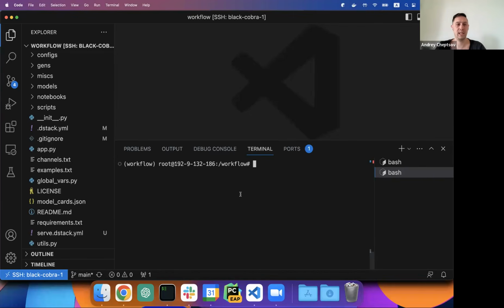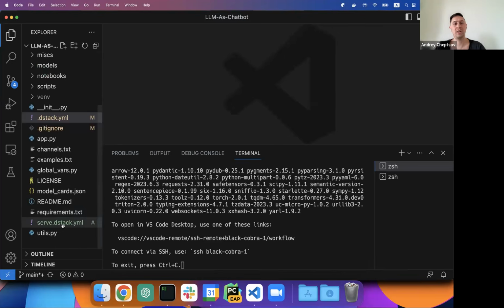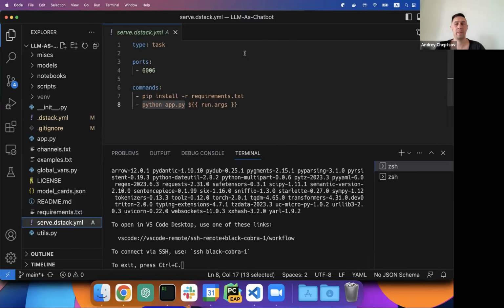So that's one thing. Let's close it so far. But it works the same way with other types of configurations. I've just shown you how dev environments work, but you can also run trainings the same way, or serve applications. This is an example of how to serve the application, which makes it very convenient for you to abstract out of a particular cloud vendor, and have these configurations defined declaratively as code within your repo, and